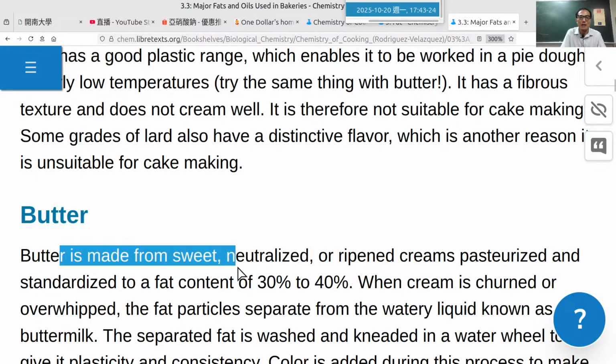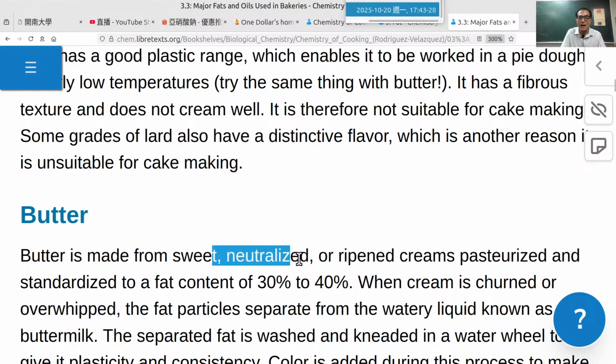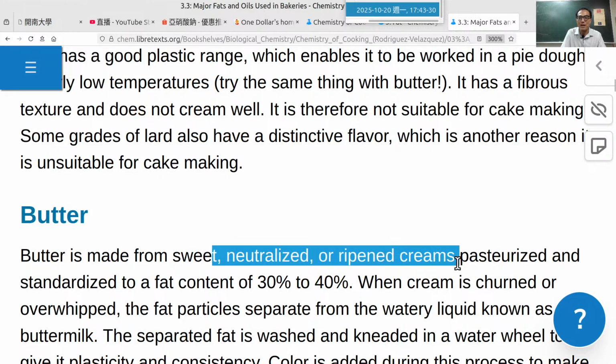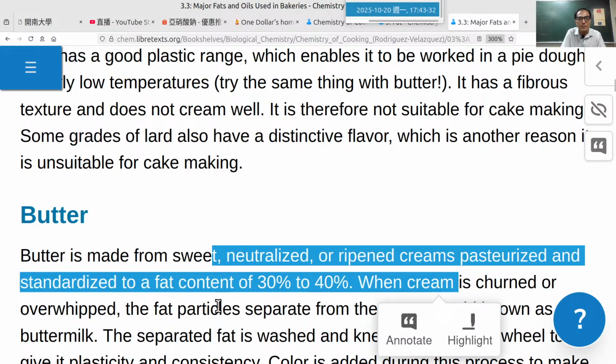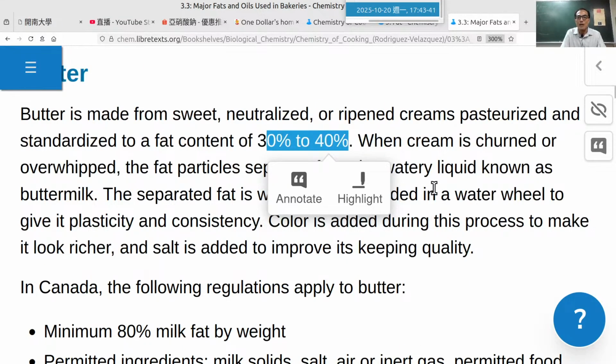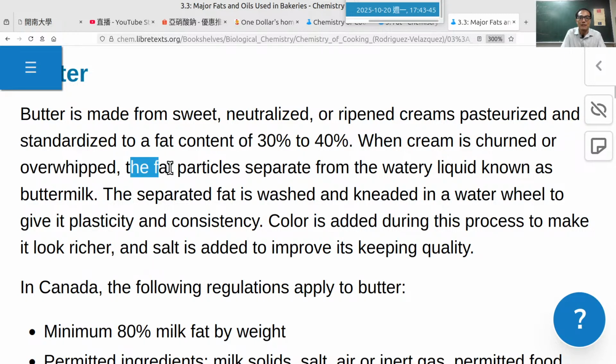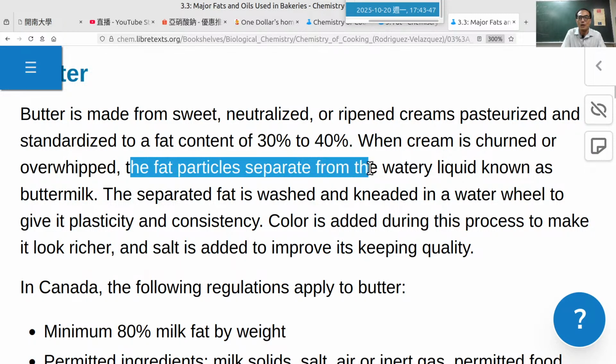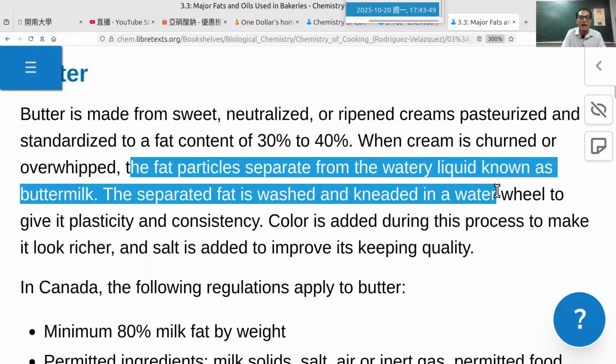Butter is very popular. Butter is made from sweet, neutralized and ripened creams, pasteurized and standardized, with a fat content from 30 to 40 percent. Sorry, and when the cream is churned or whipped, the fat particles separate from the watery liquid known as